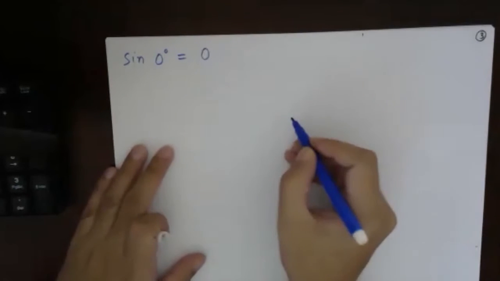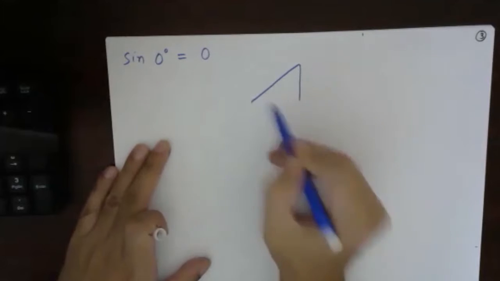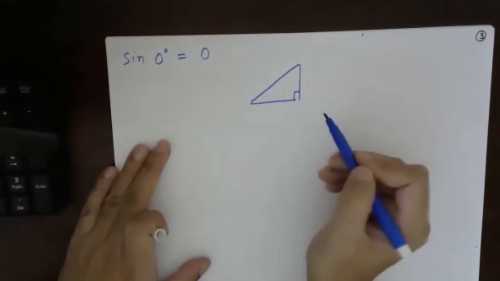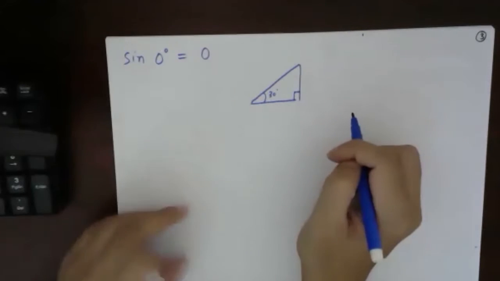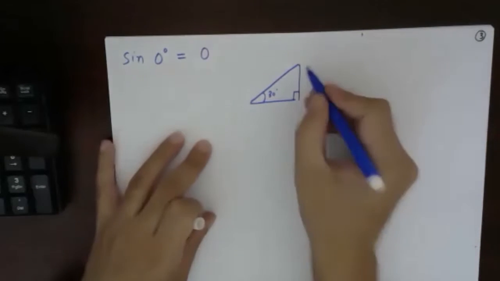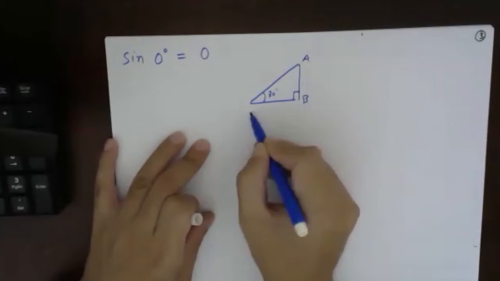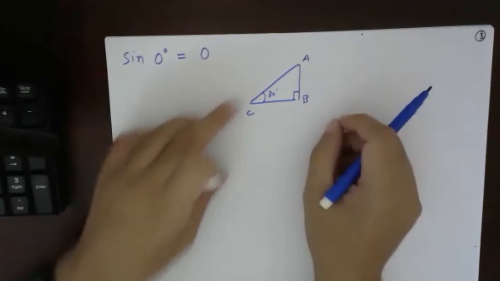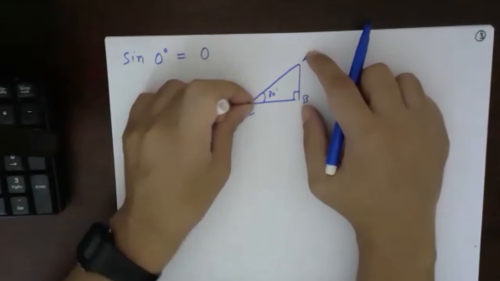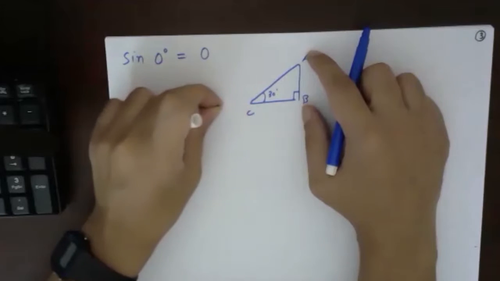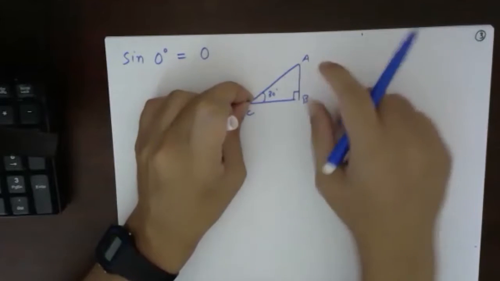Let's see. Suppose we have a triangle like this, with a well-defined 90 degree, and this is angle 30 degree. Now I will pick up this point. So this is A, this is B, this is C. Now if I keep this AB fixed, and suppose these two sides are springs or rubbers and AB is fixed.